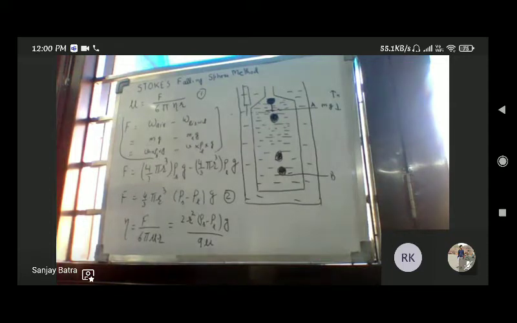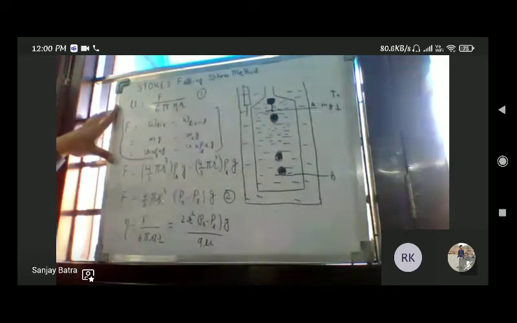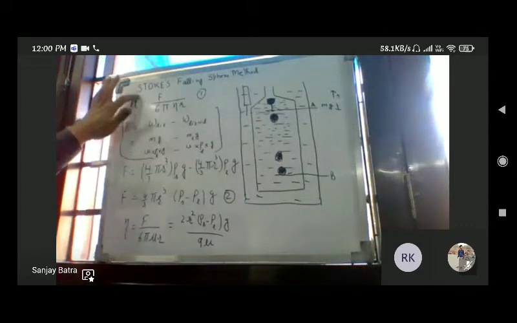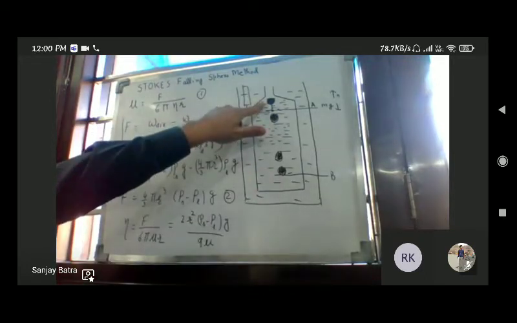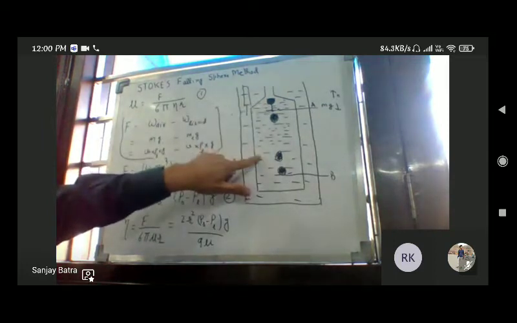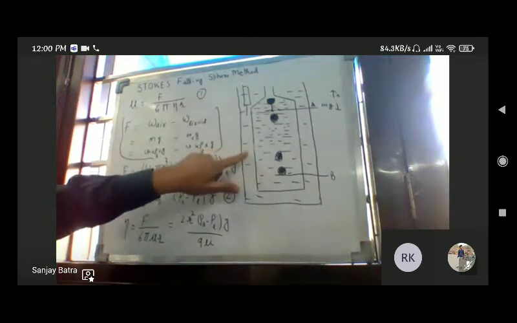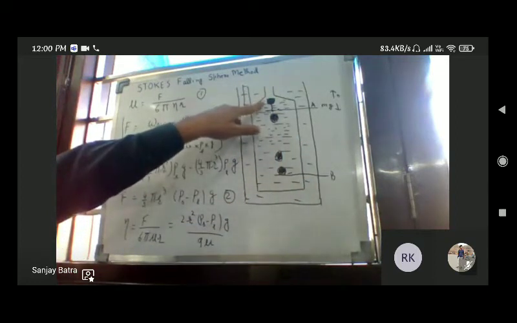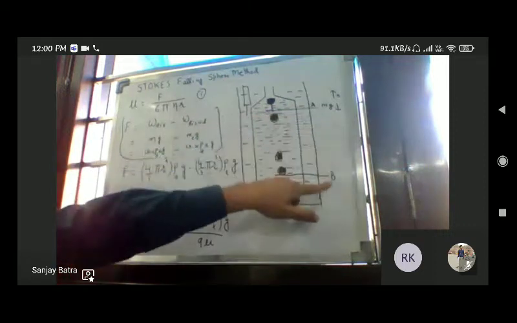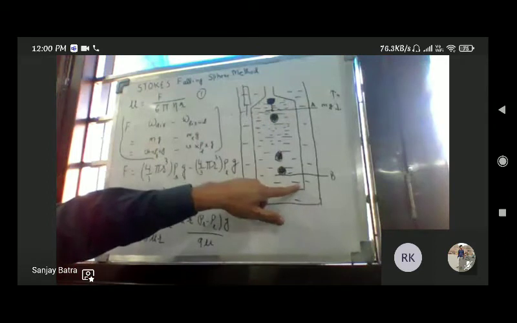Okay. So again, I'm just trying to tell again, because this question normally comes for 4 marks, 5 marks: explain how you find out the viscosity of a liquid using Stokes falling sphere method. In this method, a spherical ball is inserted into a cylinder containing liquid. The liquid is kept at a constant temperature; there is a thermostat outside, and we are allowing the spherical ball to go inside. There are 2 marks A and B. Why we have taken 2 marks, that also I will explain. It is part of our experimental procedure.